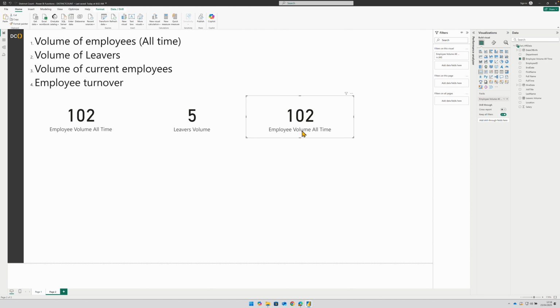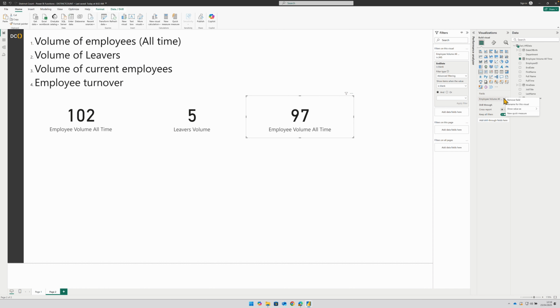We'll keep employee volume all time, but we'll add a filter in off the end date. So if we drag the end date to the filters on this visual, if I switch it to advanced filtering and we need it to be as blank, and then apply that filter,